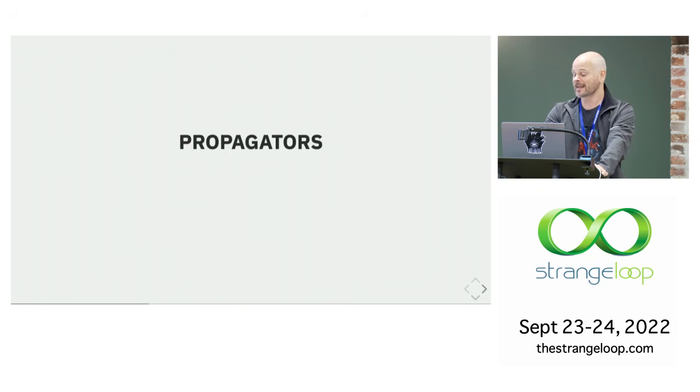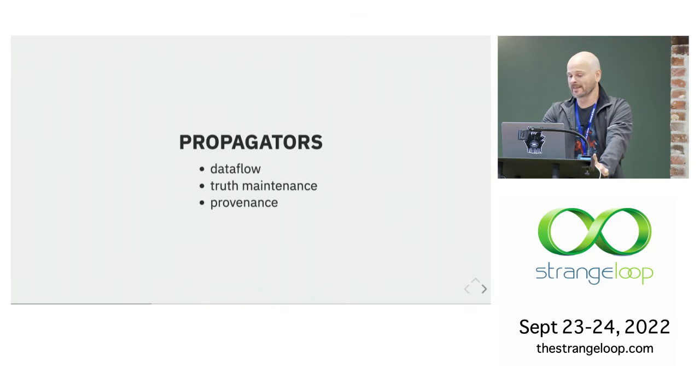It's amazing. A side thing is that the propagator model was used by one of the grad students at MIT at the time to make the very first spreadsheet. VisiCalc was based on this model. This is a really useful abstraction that everyone should know about. It's data flow based, it does truth maintenance, and it keeps provenance of where all of the conclusions of the truth maintenance system came from, which means it's probably going to be very valuable for explainable AI later.